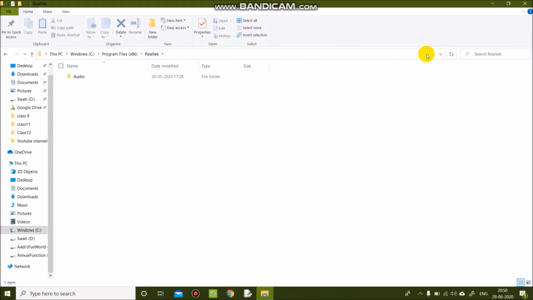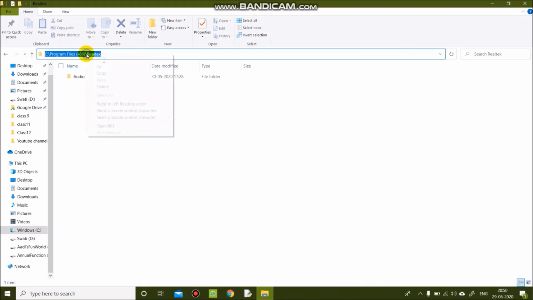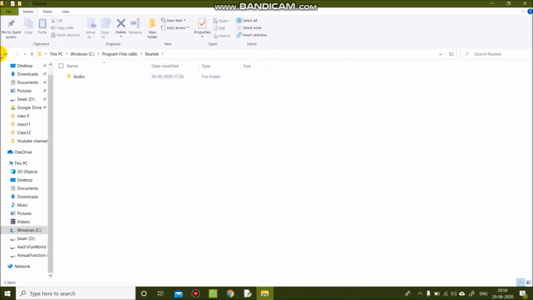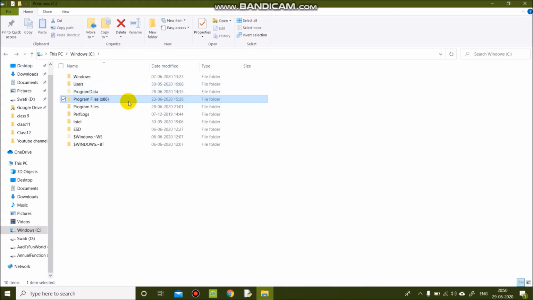Now what you need to do is click on this path bar, and you are getting a path here. You click on it and select all of it, then right click and select copy, and it would be copied to your clipboard. If you do not find Program Files x86 and Program Files folder, or your Python path in both of these, you have installed Python for only one user.